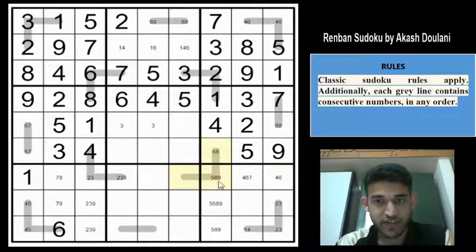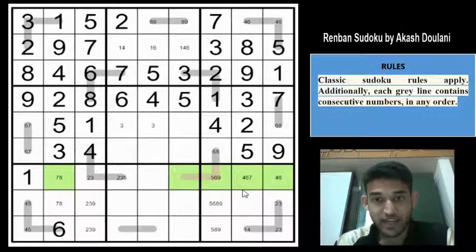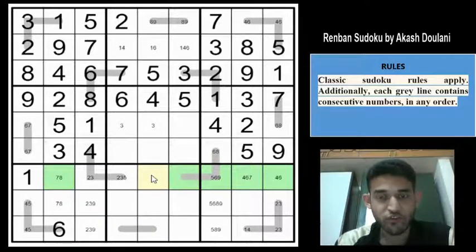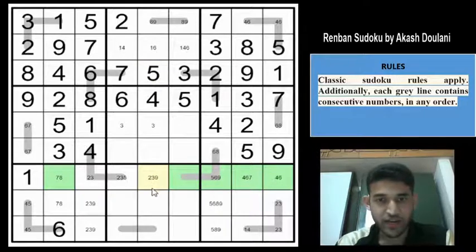So this proves to us that, regardless of whichever possibility comes into those cells, one of 4, 6, 7 and 8 must be in one of these 2 cells, which means that we are getting a quadruple, a hidden quadruple in fact, in the highlighted cells. Normally we restrict to 4 cells, but in this case we have restricted the quadruple to 5 cells. But that is helpful to us because we know for sure that in this cell we cannot have 4, 6, 7 or 8. So this cannot be 1, 4, 6, 7 and 8. So this can only be 2, 3, 5 or 9. 5 you can't have. This is 2, 3 or 9.